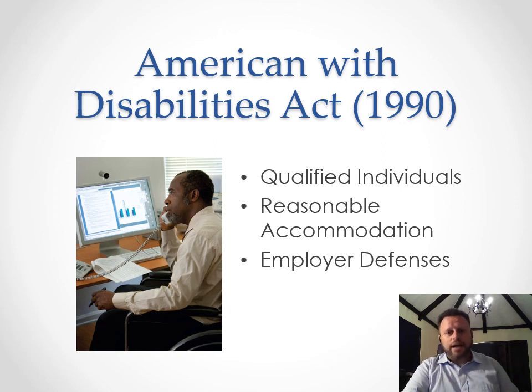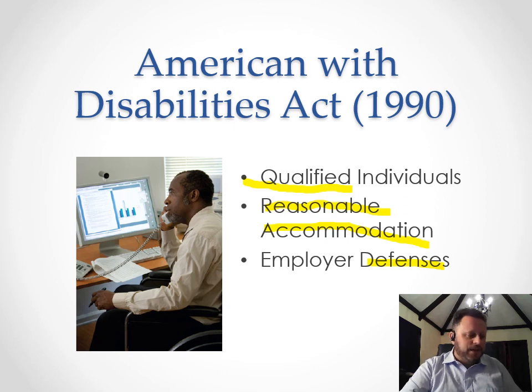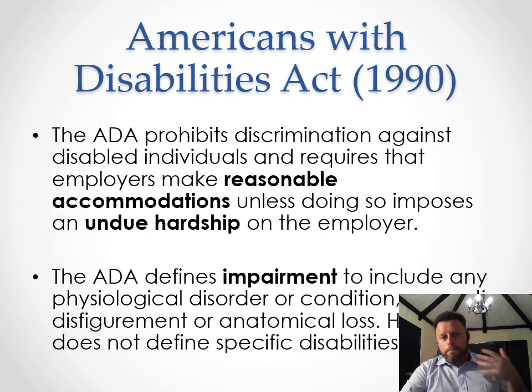ADA, the Americans with Disabilities Act, is a very important law. It really expanded this concept of disability. We already talked about the idea of an accommodation. We already talked about the employer defenses, which is saying there's an undue hardship. But now I'd like to talk about who's qualified. Before, when I said disability, I talked about somebody who might be blind or deaf or mute or missing a limb or in a wheelchair, something physical. And the ADA says, still, you need to make accommodations unless there's an undue hardship. But now here's the big change.